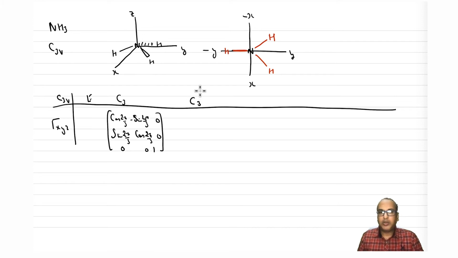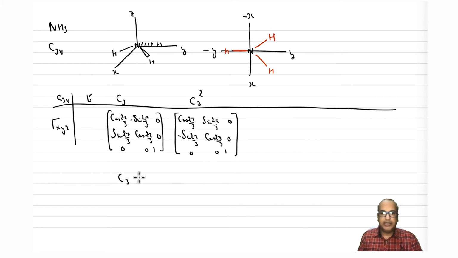Similarly, you can also write for C3 square because again C3 square is lying along the Z axis, so writing the C3 square will be easy. So I must also tell you that C3 square is the inverse of C3, so you can just transpose this matrix and write for C3 square, right? Why, we will see in a minute. So the minus sign comes here, cos 2 pi by 3, 0, 0, 0, 1.